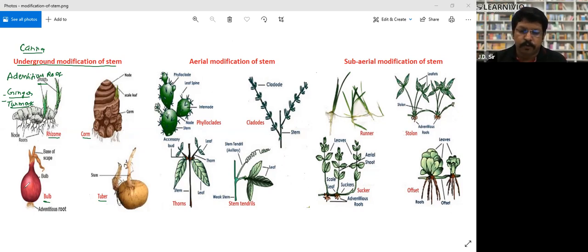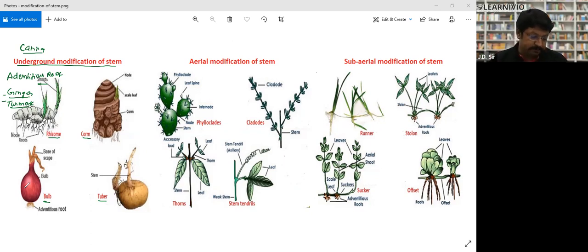In fruiting season, it gives rise to a vertical plant. It gives you banana, and after giving banana completely, it dies. You cut it down, and the rhizome remains dormant in unfavorable condition. When the favorable condition comes again, the rhizome gives rise to a vertical stem again, and the vertical stem again gives rise to fruit. That's how they grow.